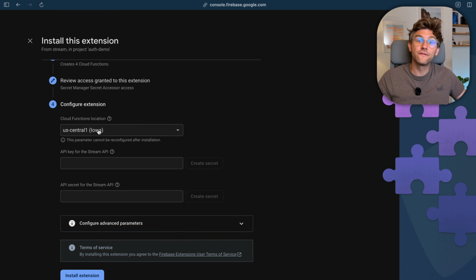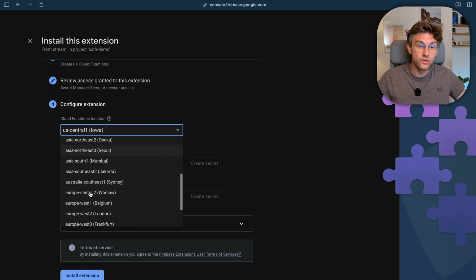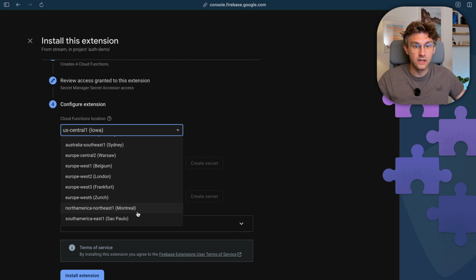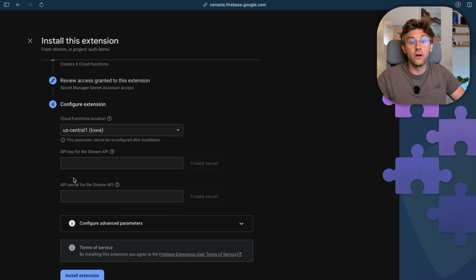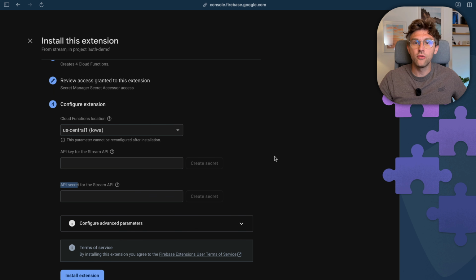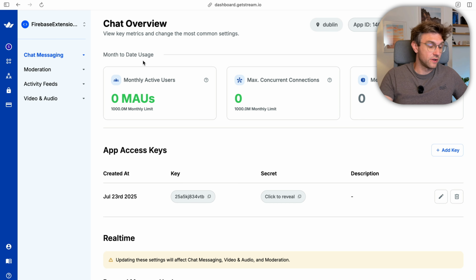And now we need to configure our extension. We can define a location for our cloud functions, which is optional. You can select the one that is closest to you. So if you scroll down this list, wherever you're located, select the one closest to you. For me, this will just stay as US Central. Now all that's remaining is we need to have an API key as well as an API secret for the Stream API. For this, we head over to the Stream dashboard, which you can find at